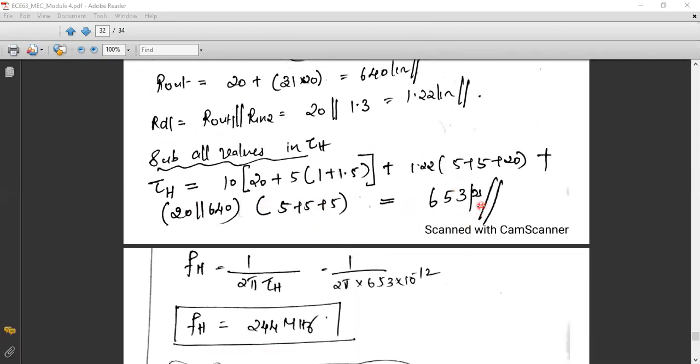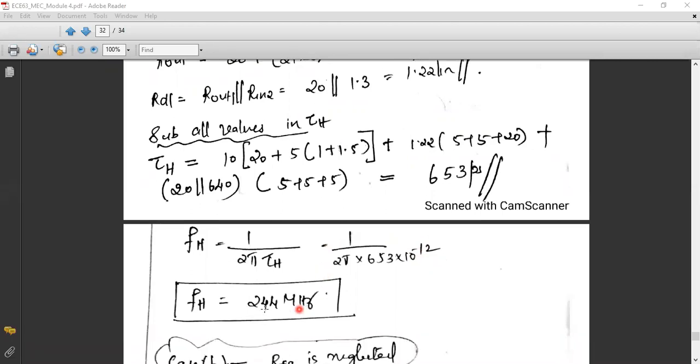So once you get this answer, no need for conversion. Please remember, no need for converting femtofarad into farad and all, because it is understood that the resistance is in kilo ohm and the capacitance is in femtofarad, which means the time constant will be in picosecond. So after that, you can substitute in our equation to compute FH. Now you will convert pico into seconds by multiplying with 10 to the power minus 12. Then you will get an answer in hertz. Convert it to megahertz by dividing with 10 to the power 6. So this will be your answer.